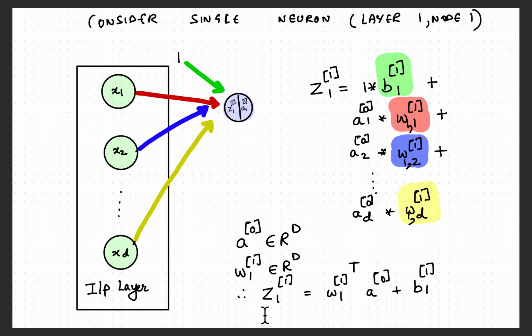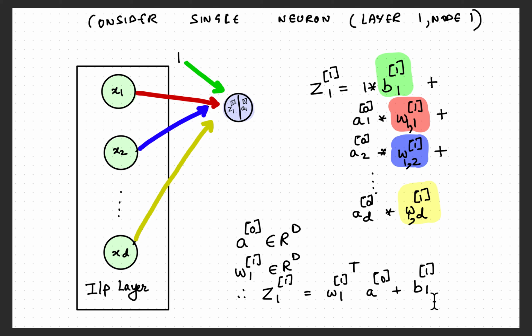So this is small z. Z square bracket 1 subscript 1 is, by the way, a scalar quantity. So you should remember this is a scalar quantity, and we can obtain this by W square bracket 1 subscript 1 transpose times A0, matrix multiplication, plus b square bracket 1